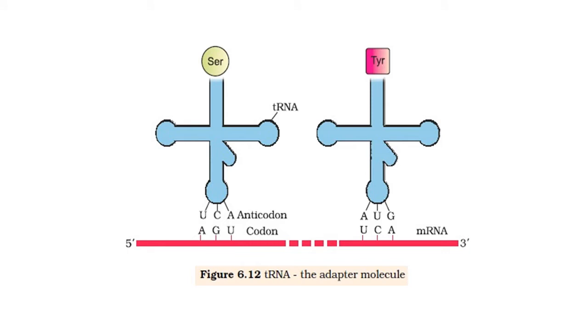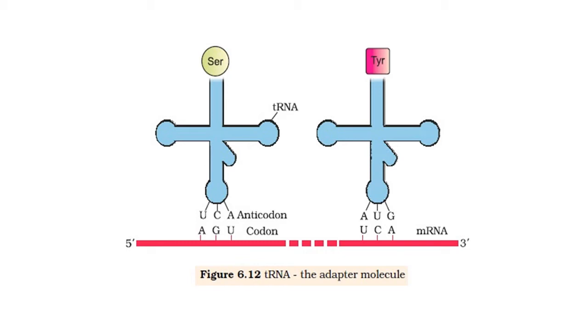In this figure we can get a clear idea about tRNA, the adapter molecule. tRNA has an anticodon loop that has bases complementary to the code, and it also has an amino acid acceptor end to which it binds amino acids. tRNAs are specific for each amino acid. So for different types of amino acids, different types of tRNA are there. For initiation, there is another specific tRNA that is referred to as initiator tRNA.